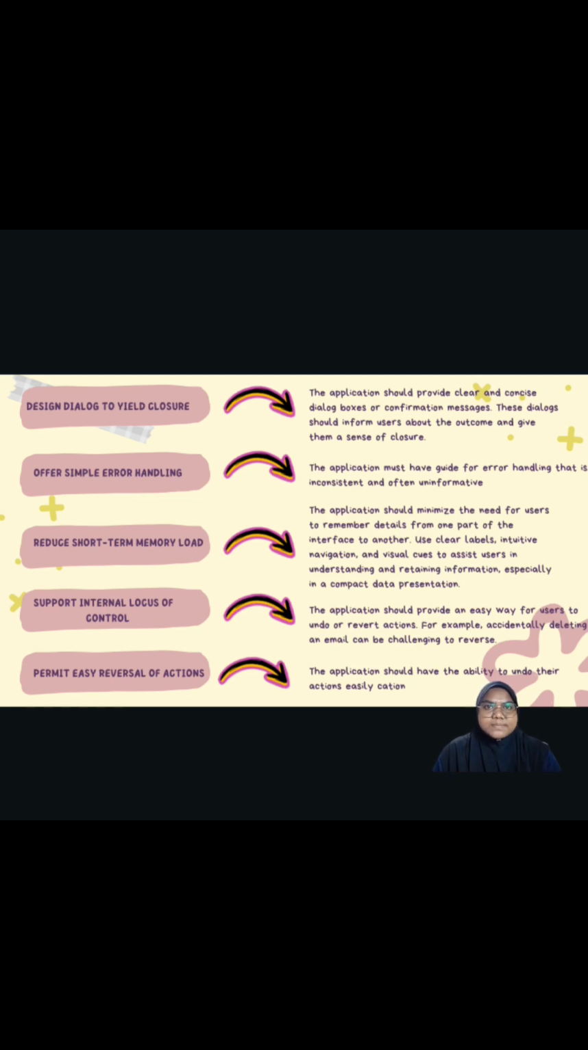Fifth, offer simple error handling. The application must have a guide for error handling that is inconsistent and often uninformative. Sixth, reduce short-term memory load. The application should minimize the need for users to remember details from one part of the interface to another. Use clear labels, intuitive navigation, and visual cues to assist users in understanding and retaining information, especially in a compact